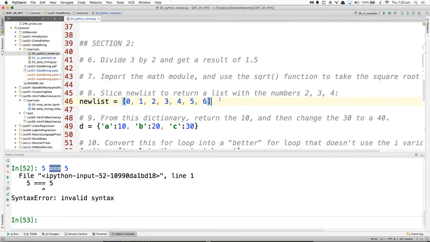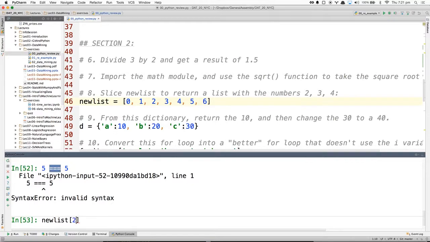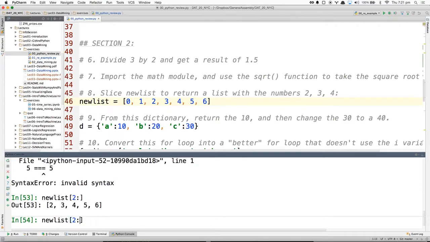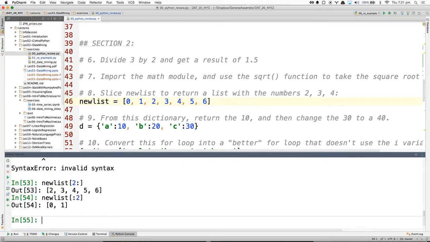We can also extend this concept of indexing and slicing arrays. If I want to get from the third element to the end of the array, I can use this notation. In other words, there's no character here. It's not a space. If I do new list 2 colon with nothing here, it'll give me to the end of the array. And vice versa for here.